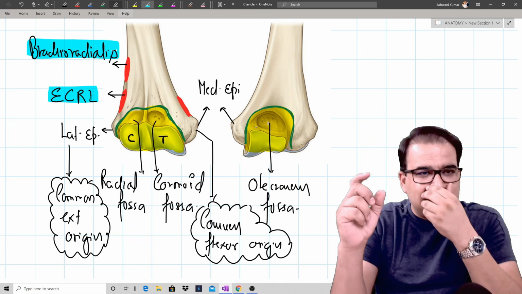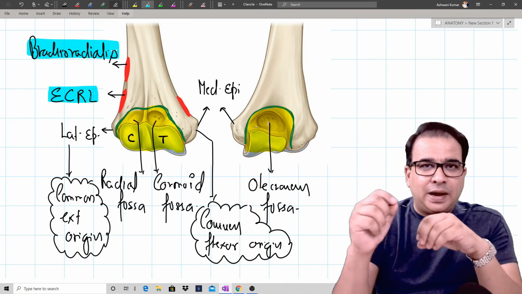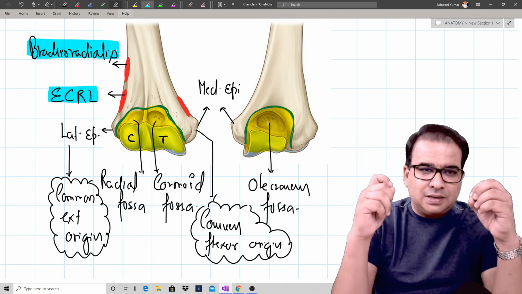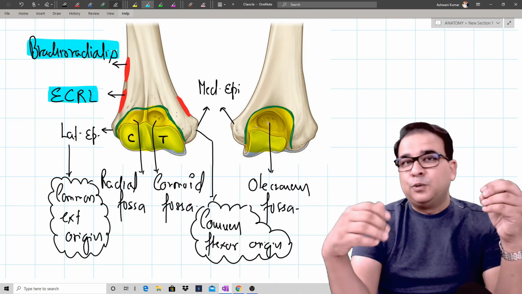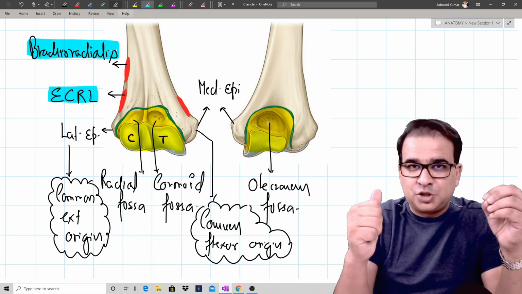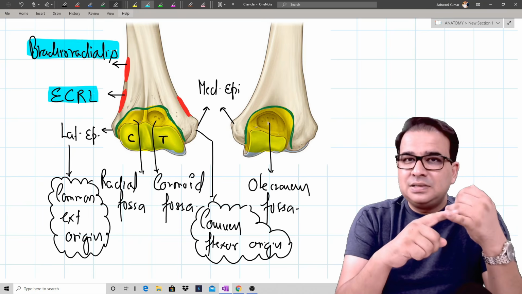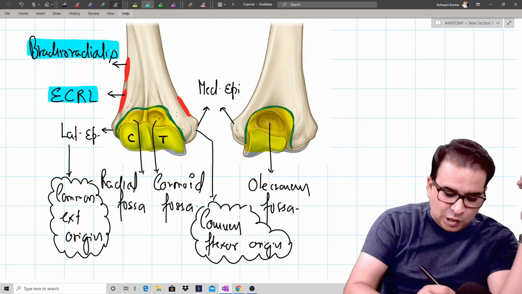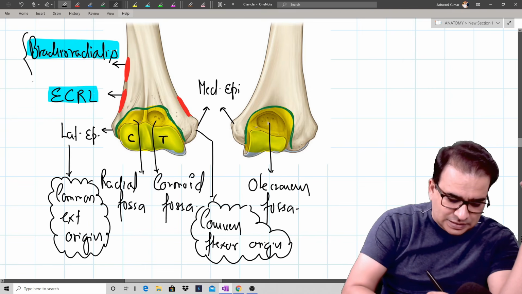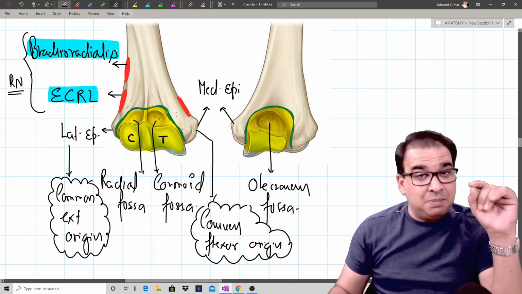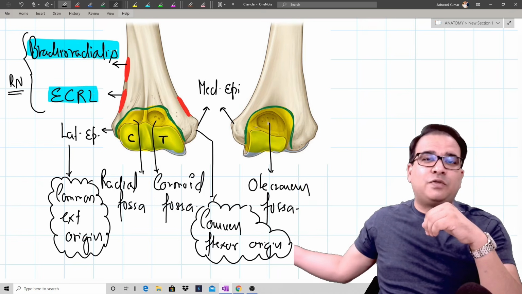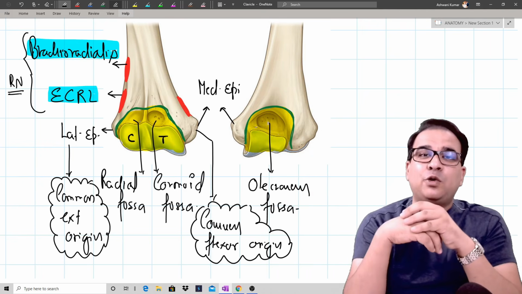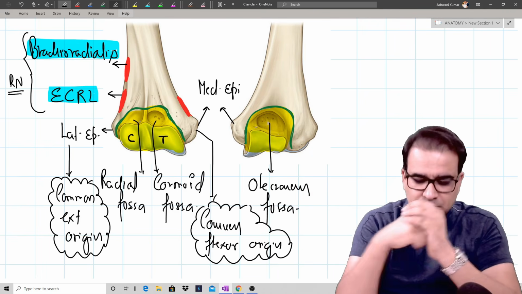These muscles do not have attachment to the lateral epicondyle, and the lateral epicondyle is a landmark where the radial nerve will divide into the posterior interosseous nerve and the superficial branch. So brachioradialis and extensor carpi radialis longus are supplied by the main trunk of the radial nerve, before the radial nerve divides, because the division is actually in front of the lateral epicondyle, and these muscles have a higher origin, so they're supplied there only.